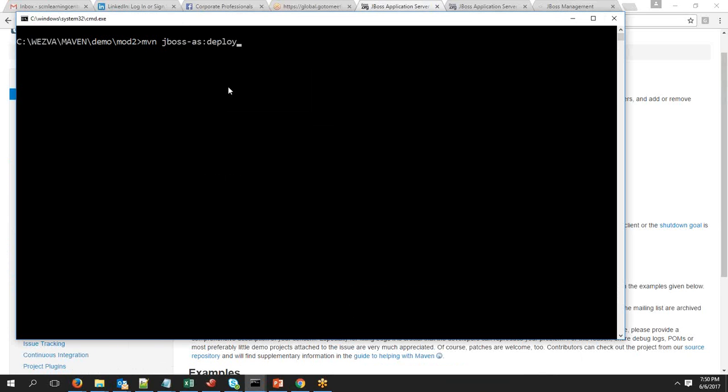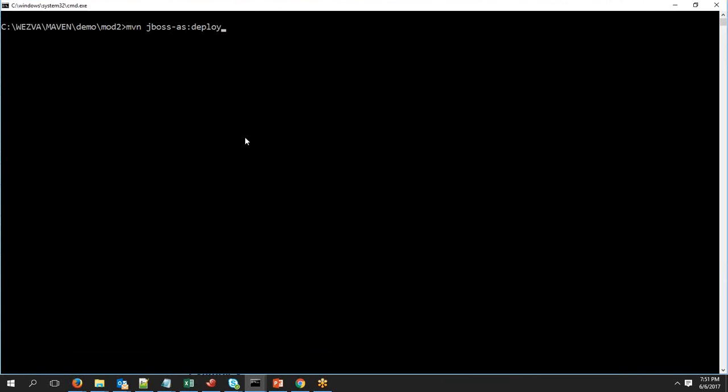So that is how, when you call a deploy goal of a specific plugin, even though it is going to do a deploy, it is going to attach itself to the specific deploy phase and check whether you have any specific package which is not available, and if it is not available, then it has to create it. So that is how we are not going to attach specifically the deployment plugins to any of the phases, because internally it is going to call or act as the deploy phase or the last phase of your Maven's lifecycle. Okay, so now if you enter,